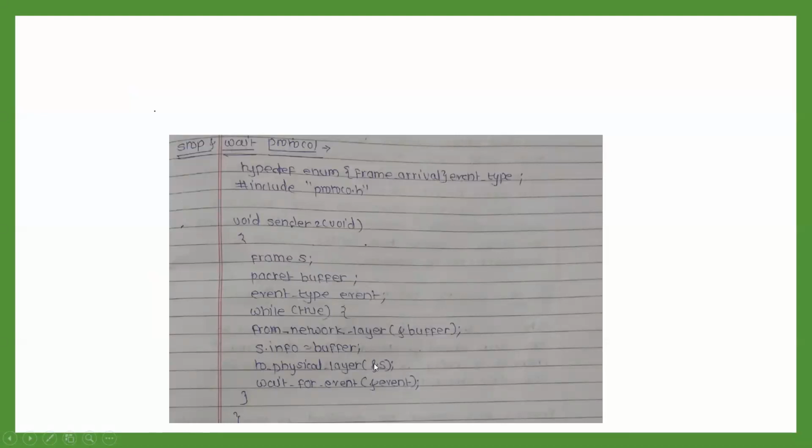Now, after transmitting to the physical layer, we are waiting for an event to occur. Now, what is that event? That acknowledgement should come from the receiver. It is not required to be positive or negative. It will not be identified at this level. This is the simplex stop and wait protocol, right? So it will just wait for an event to occur, that it should come with some acknowledgement. Once the acknowledgement is received, only then will the data link layer of the sender side go to the network layer at the sender side, fetch the data, and follow the procedure again.